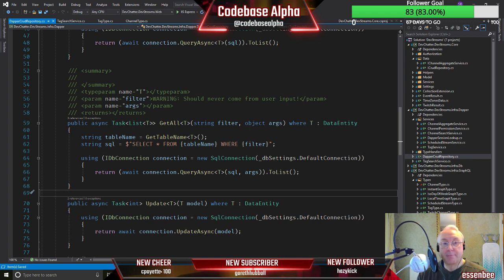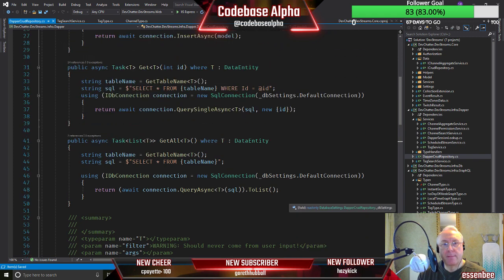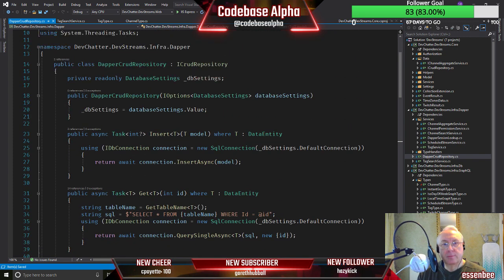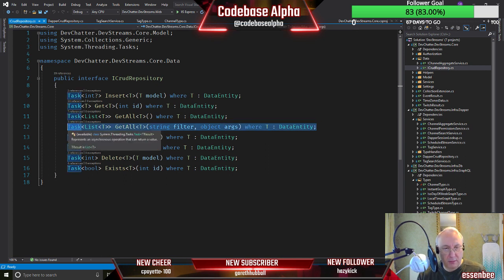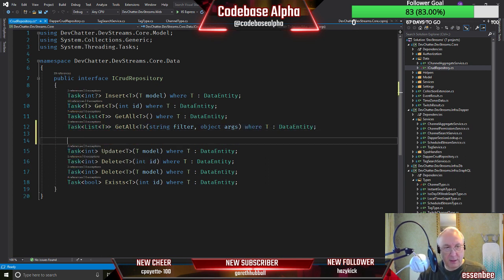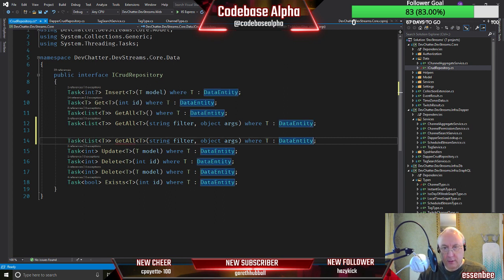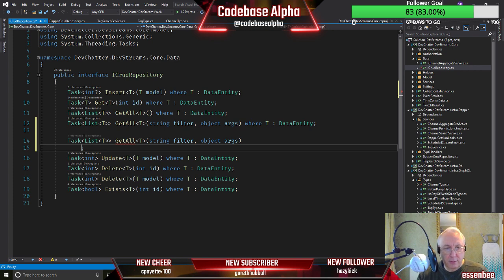Yes, definitely. What have we got in our CRUD repository here? So, do you think we can get away with having one where it isn't a data entity? Does that count as a separate signature? Doesn't, does it?